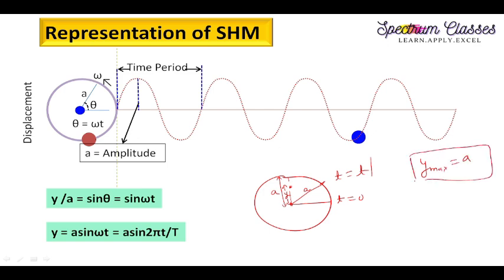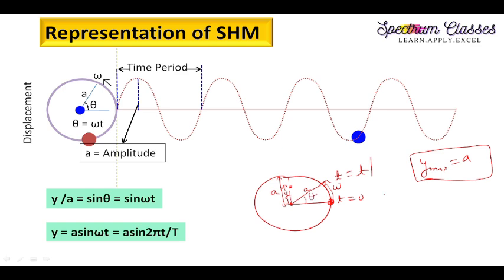So guys, many of the students have many confusions related to the terms. Therefore, it is very essential to understand the basics of this simple harmonic motion. So this is your A. So this point which started at this circle, what does it do? It is moving from here to here, right? And while it is moving with the velocity omega, the angle which is formed at the center of this circle is, say, theta.